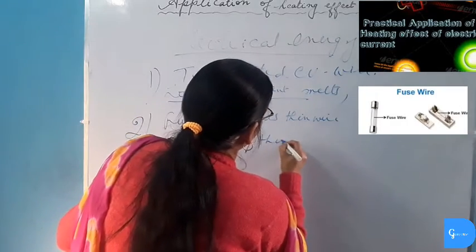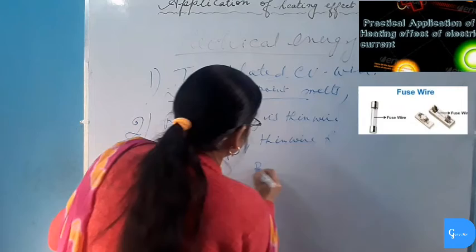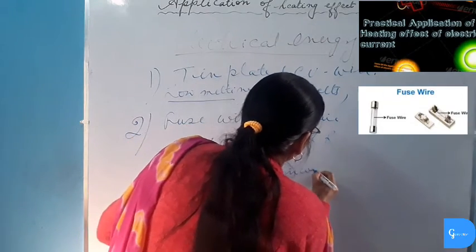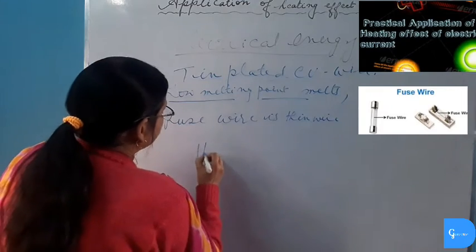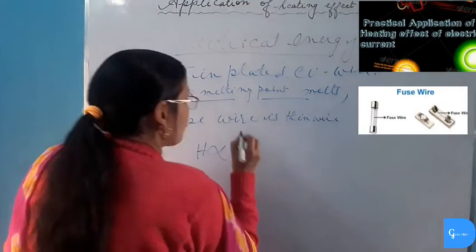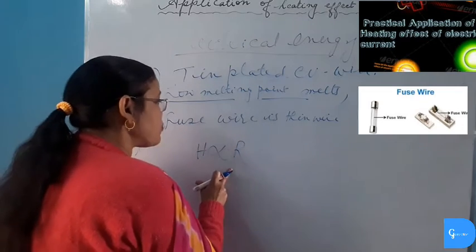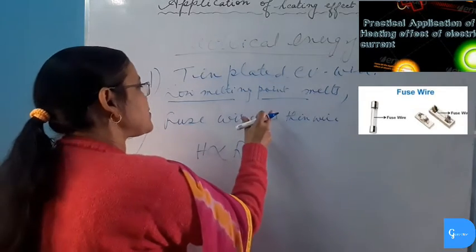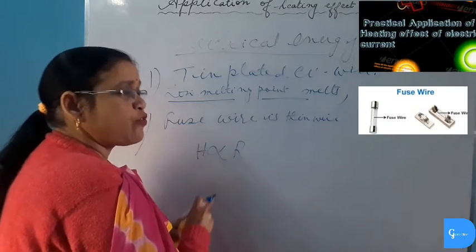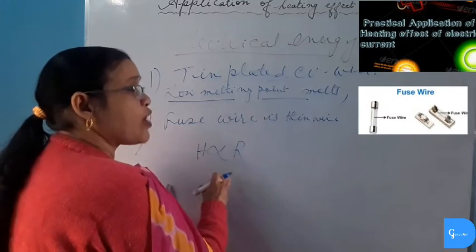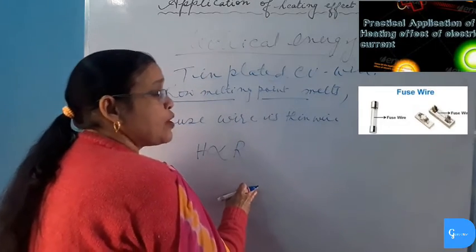So in thin wire, resistance is more, and thus as resistance is more, according to Joule's law of heating, we know that heat is directly proportional to the resistance. So when resistance is more in thin wire, then it produces more heat, and as it produces more heat, it melts first. When fuse wire melts first, it disconnects the circuit and the current flow in the circuit stops. So the household wiring is protected from overheating, as well as the electrical appliances are also protected from damage by overheating.